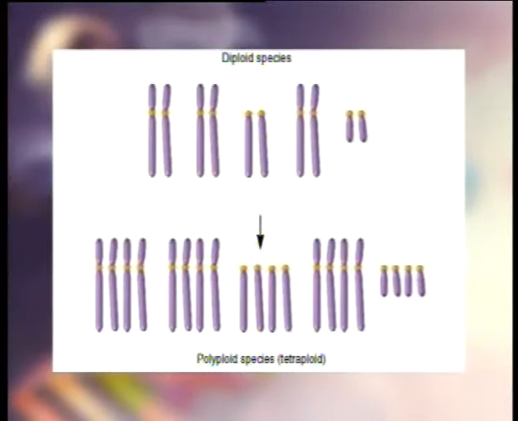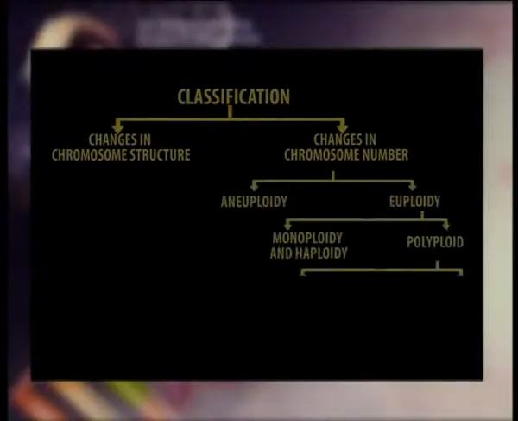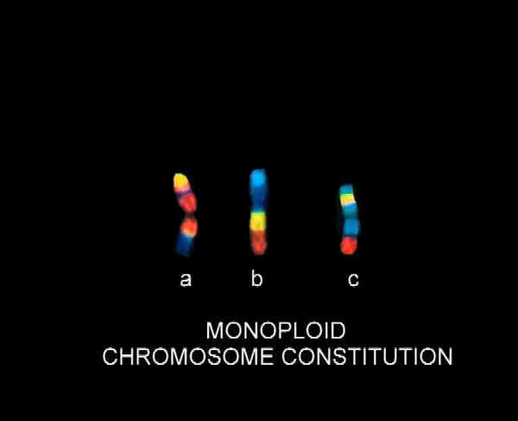Now, the other form of change of chromosome number is the increase or decrease of the number of sets of chromosomes. This is called euploid variation. Euploid variations are designated with reference to the diploid state. These variations may be grouped into 2 broad categories, that is monoploidy and polyploidy. Dear students, monoploidy denotes the presence of a single copy of a single genome. Monoploidy is seen rarely in normally diploid organisms.